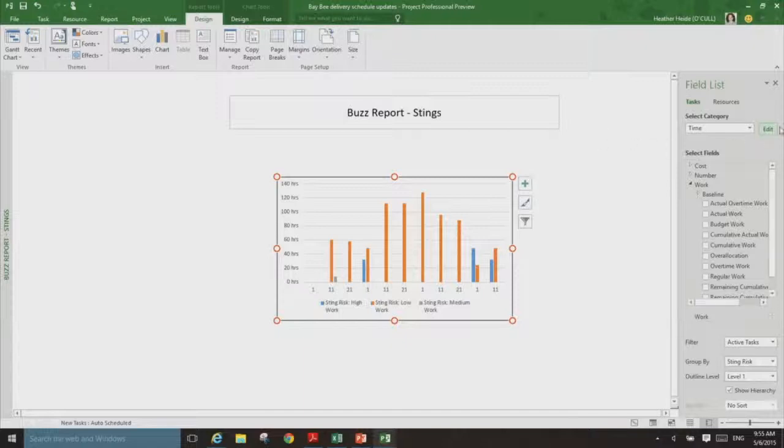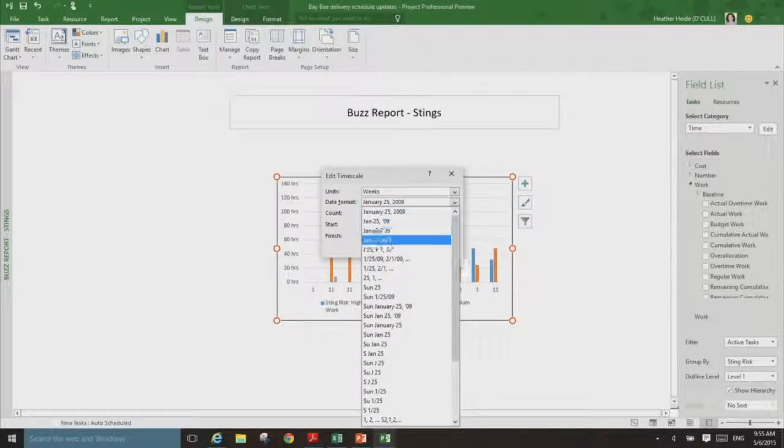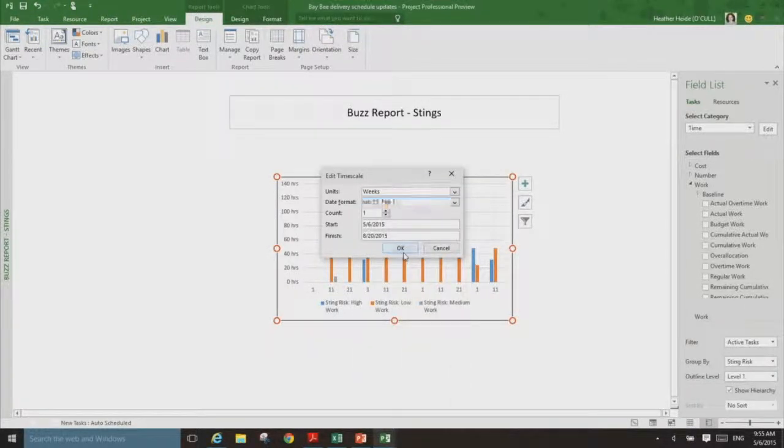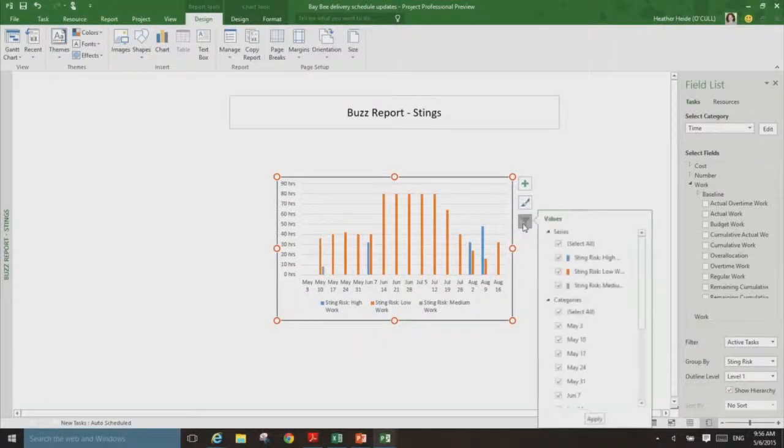And thirds of months is a little confusing because we just don't think in thirds of months, or I don't. So I'm actually going to go back here and change that to weeks. We'll do a little shorter date format. And now you can say, okay, each week, here is my sting risk. And you can see, okay, this is when I have the most low risk ones, medium,